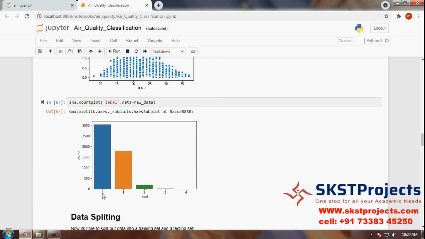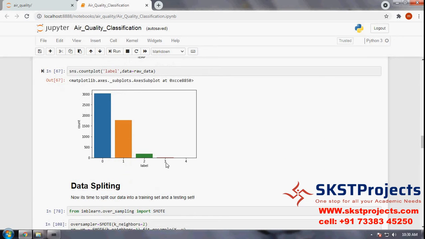This is the class values, and this is the feature values count. In the label, 0 is the highest amount, 1 is the next highest, 2 is the third highest, and then 3.